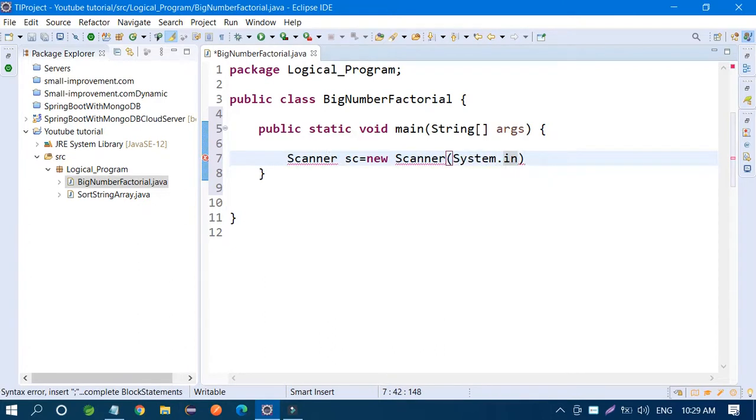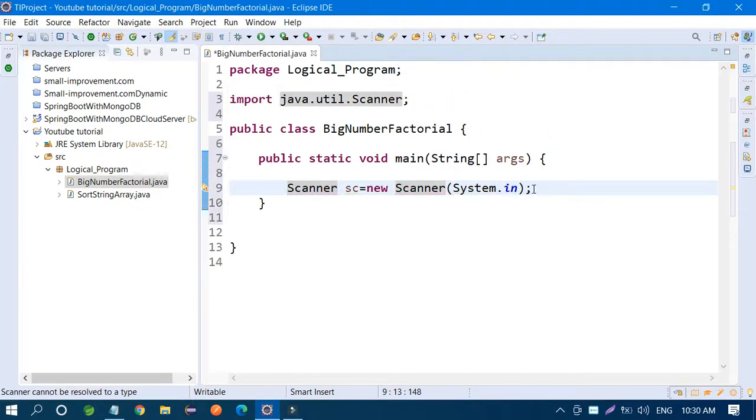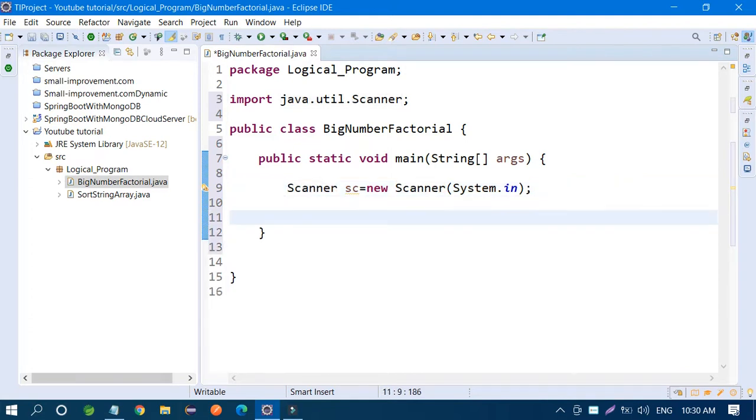If you know Java, you can easily do it, because it is available in Java. Just import the package.